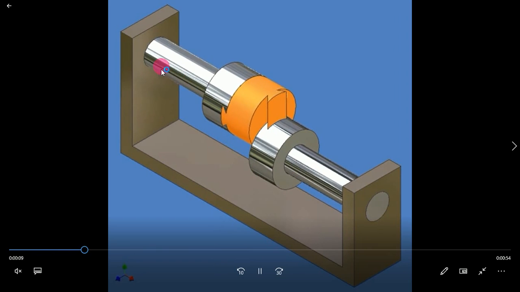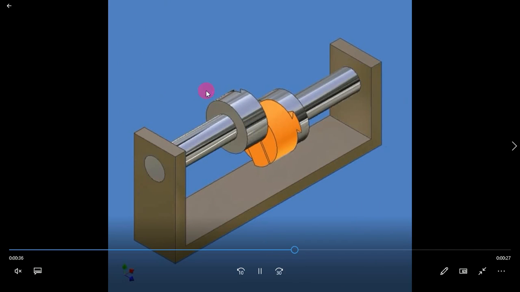You can consider this as a driving shaft along with flange 1, and this flange 1 has a horizontal groove. This is the driven shaft along with flange 2, which also has a groove. Between flange 1 and flange 2, I am going to fix an intermediate piece, so that I can transfer the motion between the two parallel shafts whose axes are not linear. From this side, I can see the intermediate piece has grooves on both sides.